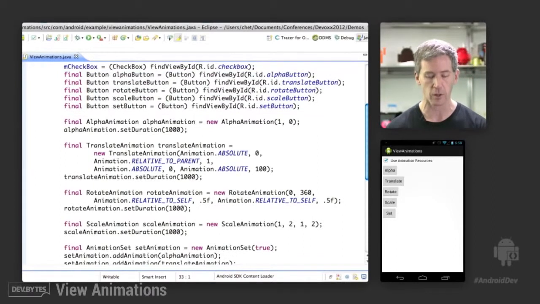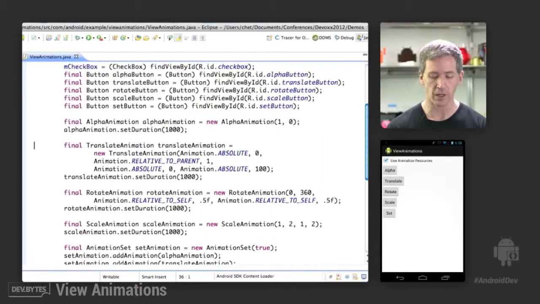This is the interesting part about how the animations are actually created. So this is how you create some of these animations in code. Here's an alpha animation. We say we want an alpha animation that's going to go from 1 to 0. That's basically saying from fully opaque to fully transparent. And we're going to set the duration. Note that view animations don't have a default duration, so you need to set a duration to have any animation at all. Otherwise, they'll just happen atomically and immediately,